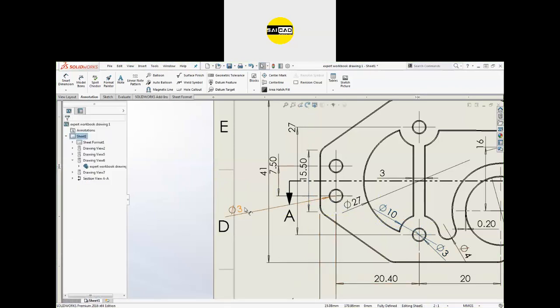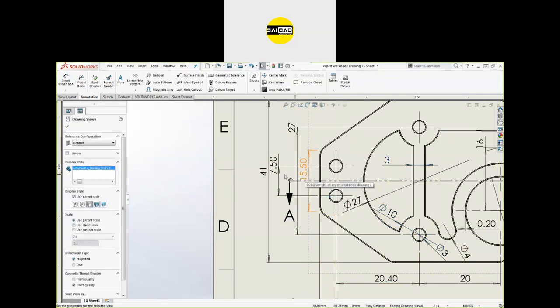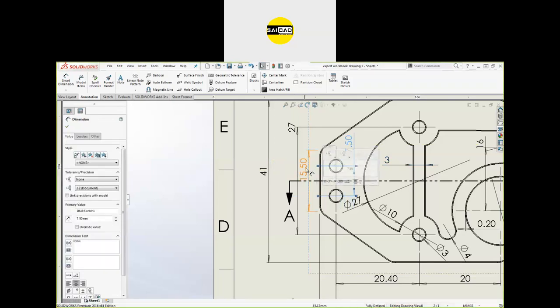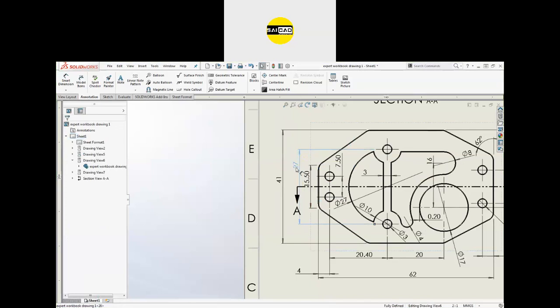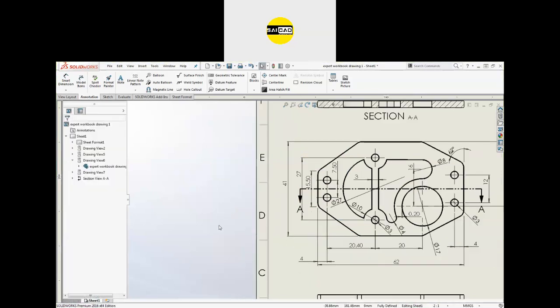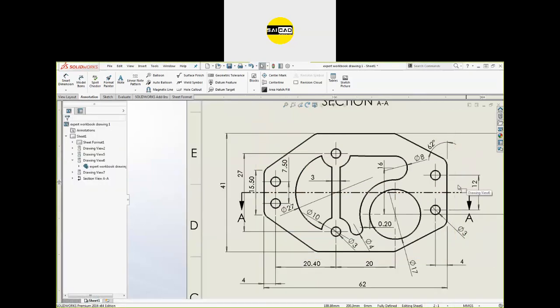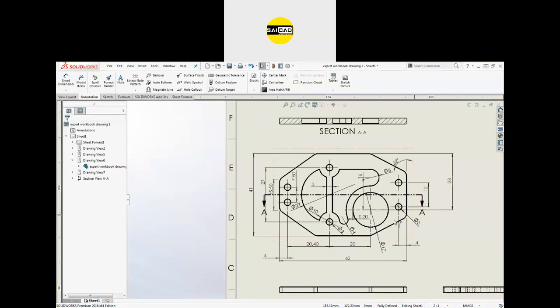Okay, you can just delete this one. I don't want this three dia. I need this three gap. I need this gap also. So define everything like that, and after that, these are the values.